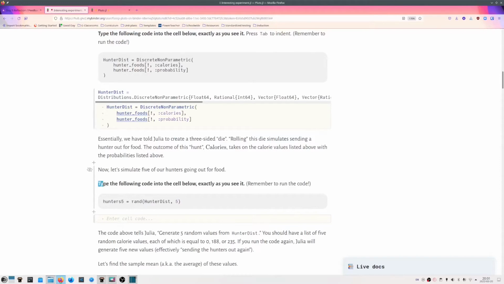Okay, type the following code into the cell below exactly as you see it, and remember to run the code. So hunters, we're going to make a new variable called hunters5. That's going to be equal to a randomly generated list, okay? So this function, rand,